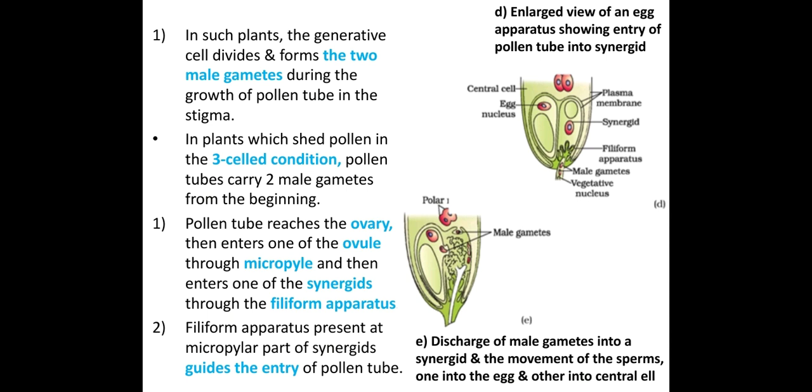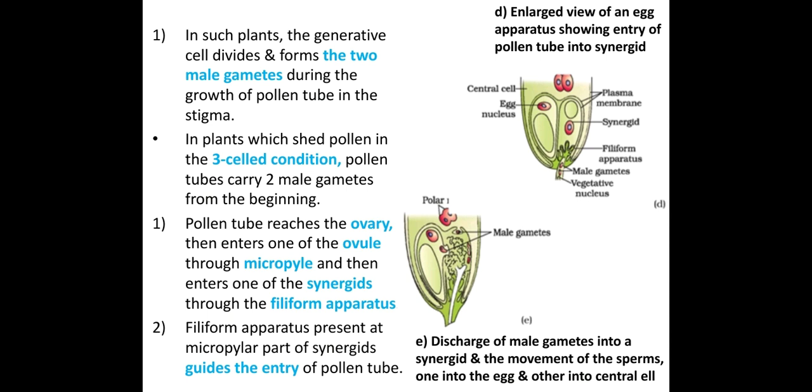Okay, so now the pollen tube reaches the ovary. Now what happens further in compatible pollen growth? This pollen tube reaches the ovary. I said it will penetrate the tissue of the stigma and style, then reach the ovary and enter into it. You can see in the D diagram as well as the E diagram how it is entering inside. In the D diagram, the pollen tube will enter the ovule through the micropylar region.